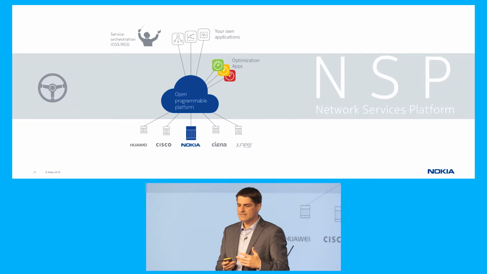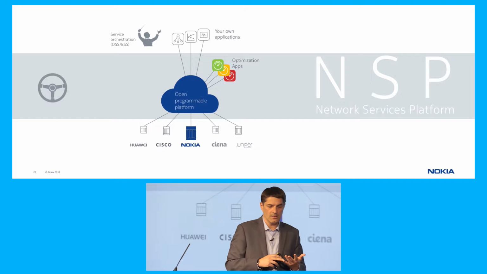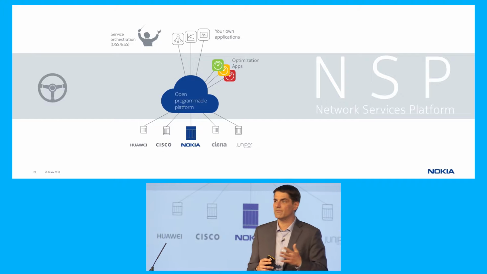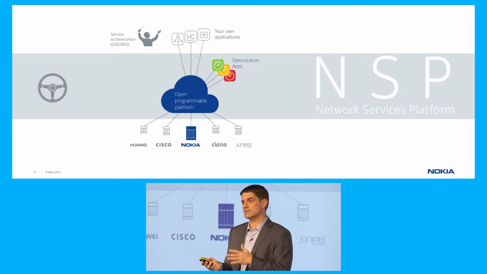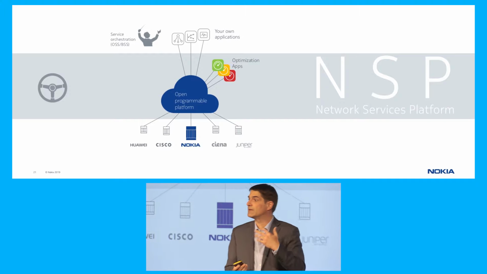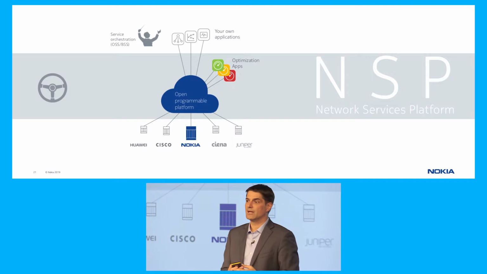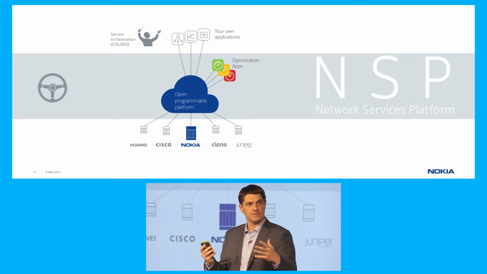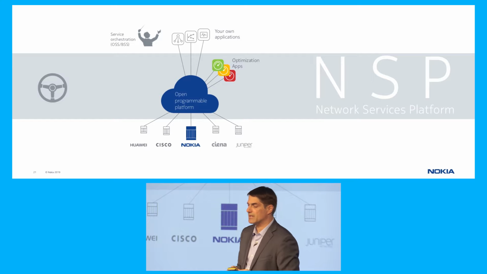The second one is the set of applications that build on top of that. And those applications deal with typically traffic steering in some way, shape, or form, whether it's a stateful PCE for segment routing, whether it's express peering use cases where we shift traffic on peering links, both inbound and outbound, based on certain criteria, based on input from deep field, et cetera. Whether it's 5G slicing using NFIX, as you've seen earlier in Rudy's presentation demo there, NSP is playing a key role there. So there's a number of different optimization applications.